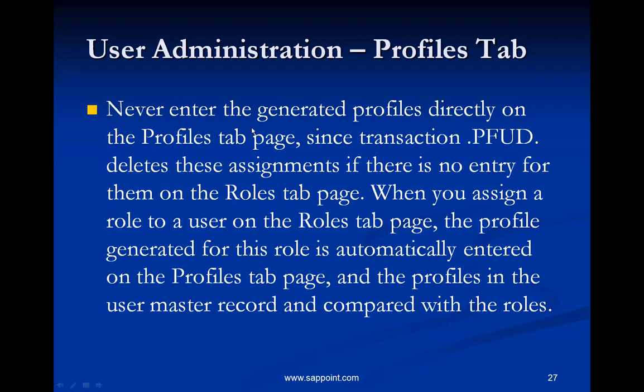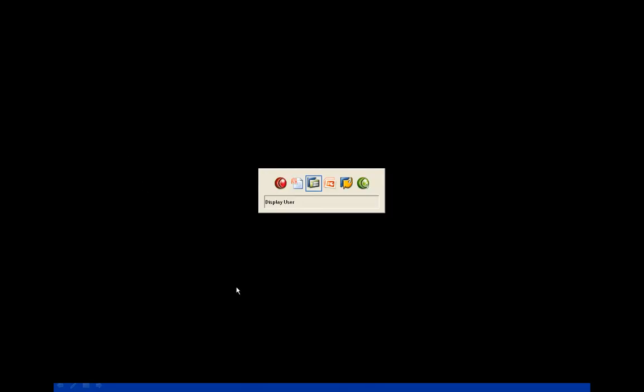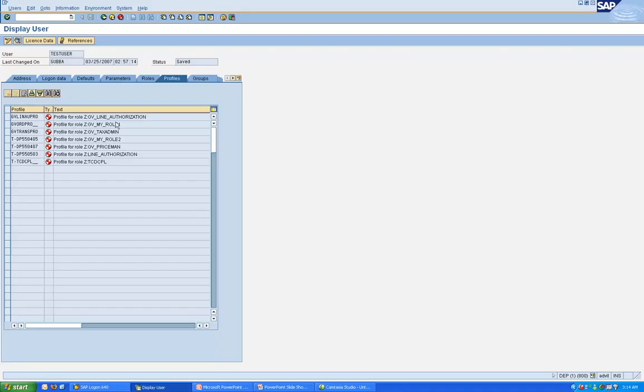Now, never enter generated profiles directly on the profiles tab, since the transaction PFUD deletes these assignments if there is no entry for them in the roles tab page. What it means is that if it's a generated profile, you should not directly enter it here in the profiles tab. If you want the generated profiles to be assigned to the user, then the associated role has to be entered in the